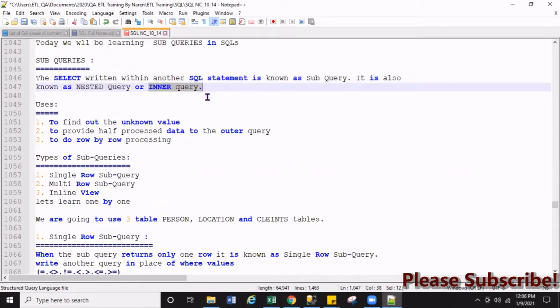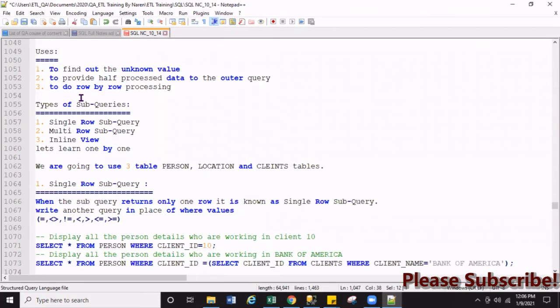Let me quickly give you an example. Subquery means you are taking the value from another SQL query. For example, when you write select star from table, you are getting all the information from that table. But with a subquery, instead of the table, you write another query. We will discuss it in detail in our coming lessons.